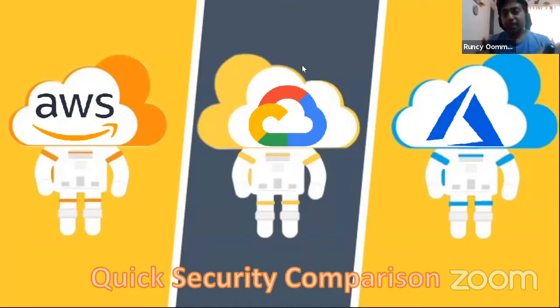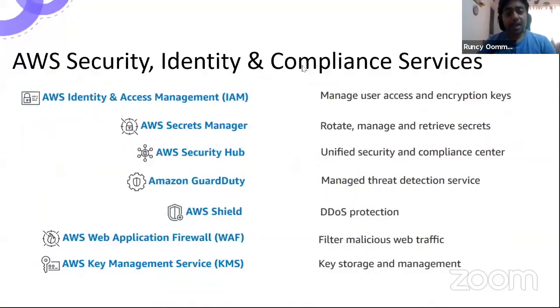So with that, I'm just going to get into the second part of the session, and that is the core part, where I'm going to begin by doing a comparison of all the three major cloud providers from the security offerings. And we're going to start with the 800-pound gorilla in the room, that is AWS. And as you can see, there are a lot of security services which are being offered. So